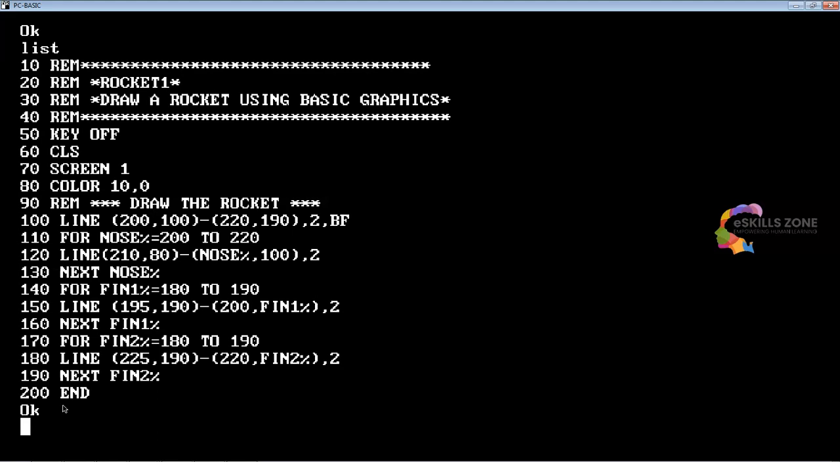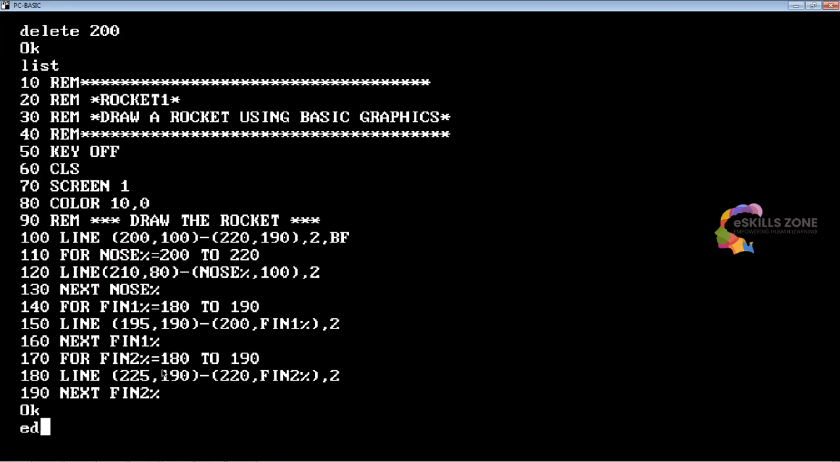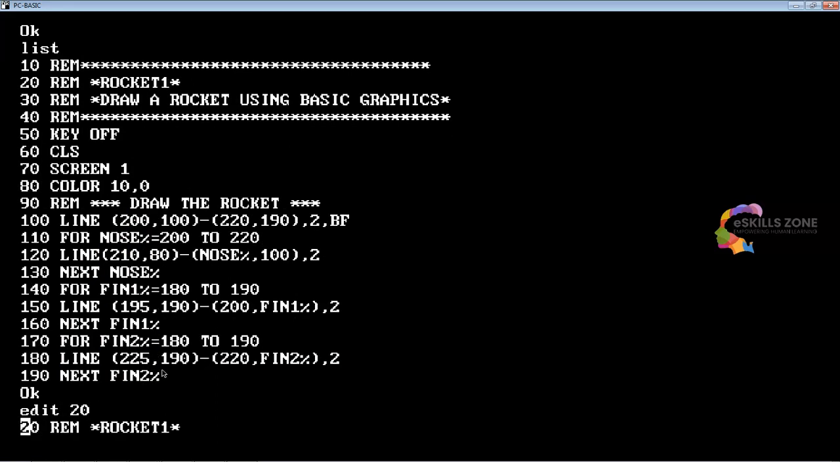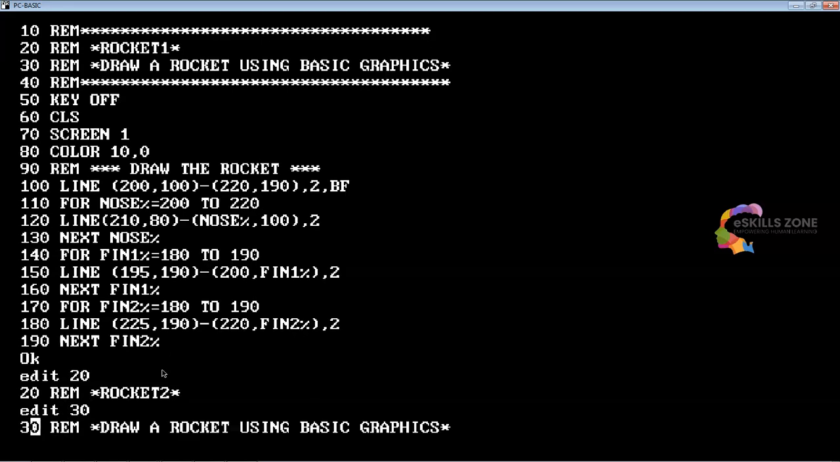If I type DELETE 200, it will delete line 200. Once again, list the program, and now I will type EDIT 20, and here I will type rocket2 instead of rocket1 as the name of the program, and put an asterisk. Then type EDIT 30. Here I will type launch a rocket,